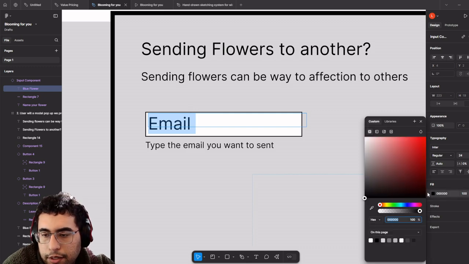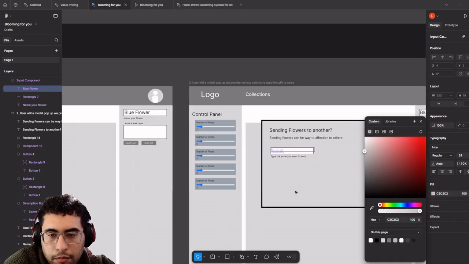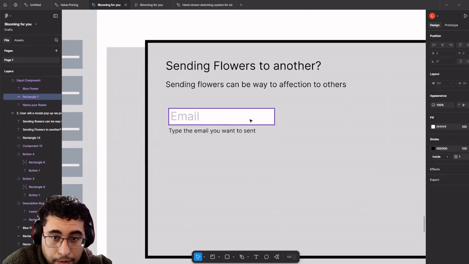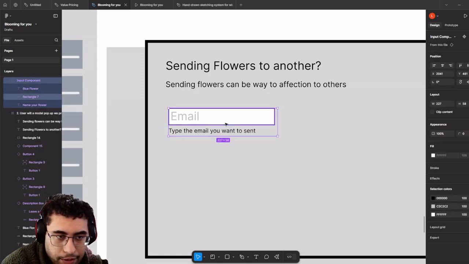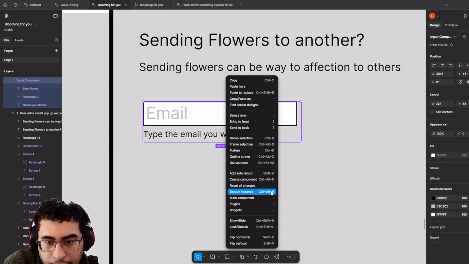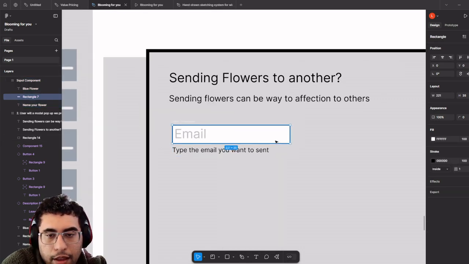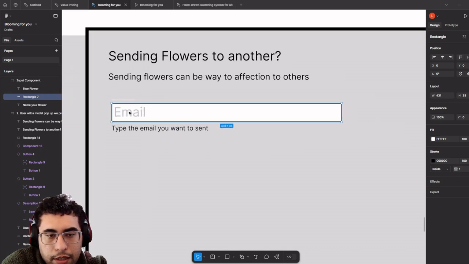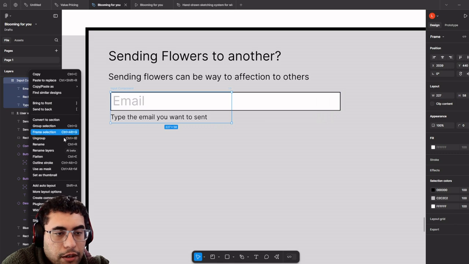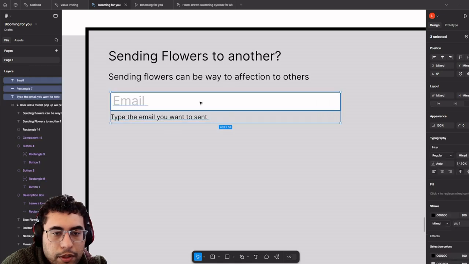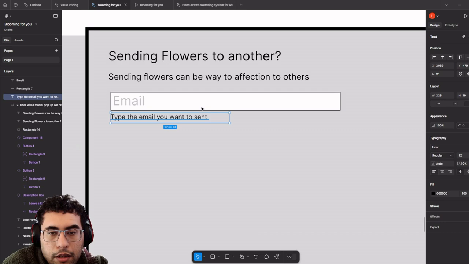Then I'm going to set the text to gray, actually. Perfect. I want to completely change the shape of this. I'm actually going to break the component. So you can click the component and right click on it, and then I think there's detach instance. So that gets rid of the component logic there, which is okay with me. Actually, it puts it on a frame, which I'm not too crazy about. I'm just going to ungroup them completely. All right, then